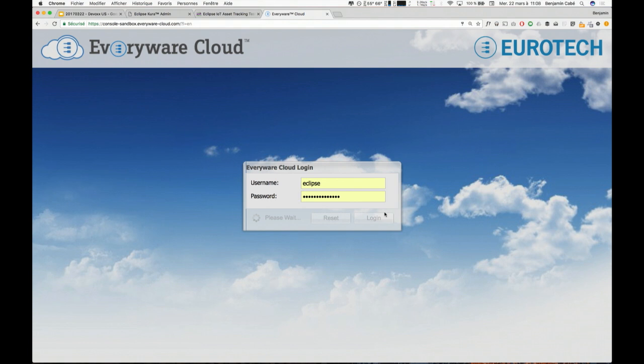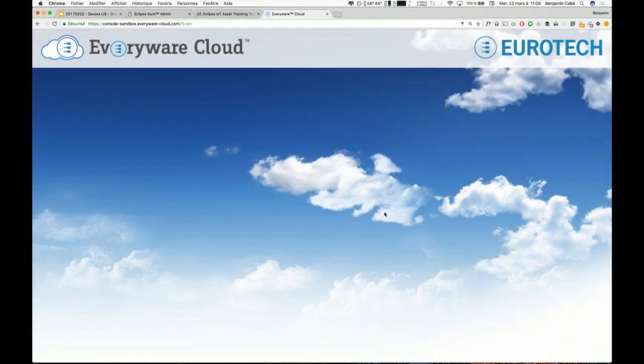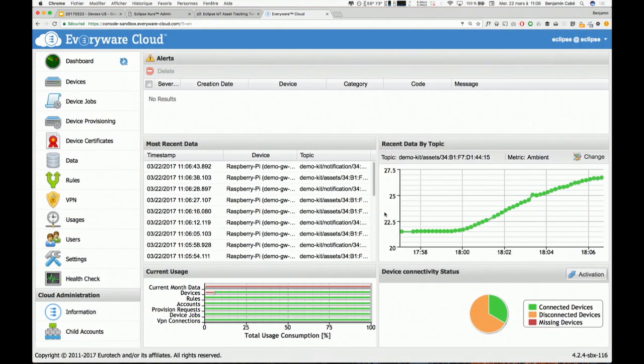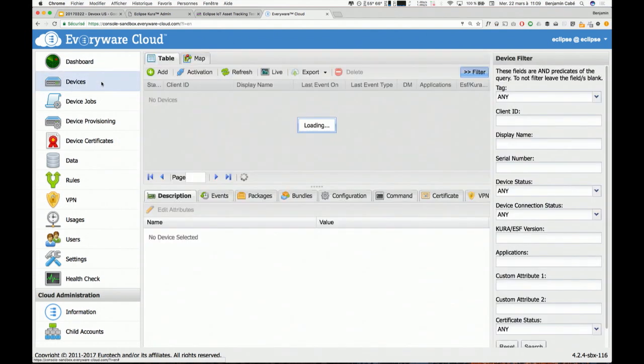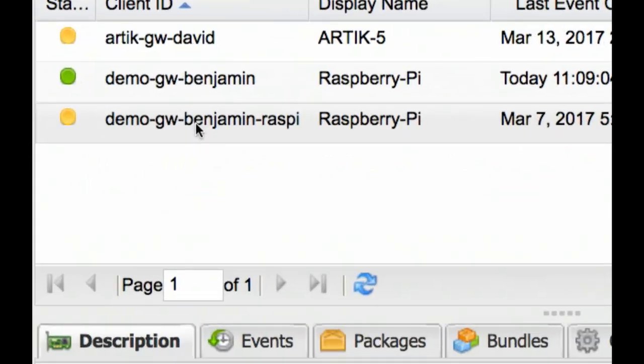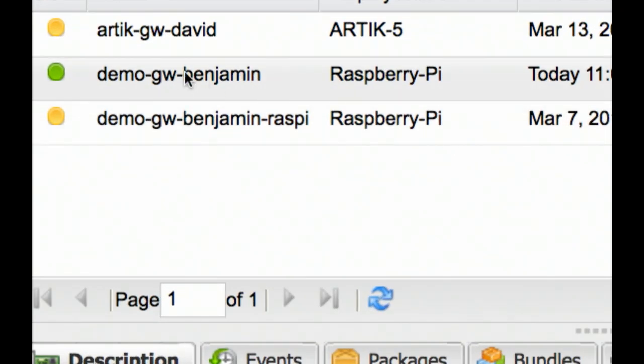So let's see if the data is being sent to the cloud. That's really the kind of backend, this cloud or the Kapua cloud, that as a fleet operator you would use to see all your devices, to troubleshoot them, maybe to push software upgrades, upgrade the OSGI plugins over the air, etc. But if I look at all the devices that are connected, it looks like my gateway is actually connected right now.